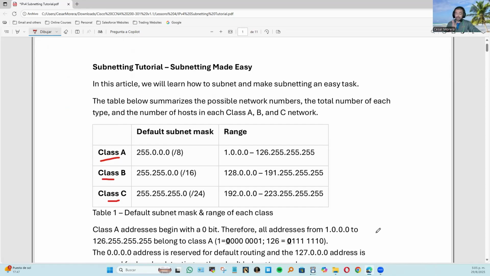255.0.0.0/8. That's a class A. And the range goes from 1.0.0.0 through 126.255.255.255. Then we have the class B. This one goes from 128.0.0.0 to 191.255.255.255. Class B has a default subnet mask of